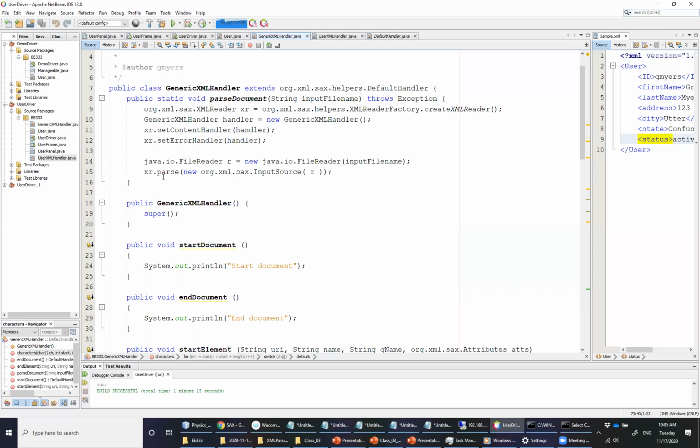But then the last step here is to parse, using that XML reader, the file that you have just opened with the file reader. We want to turn that file reader into a SAX input source. So essentially, we're going to stream the file to the XML reader. A little bit strange, probably not something that you have done before, but you can sort of think of it